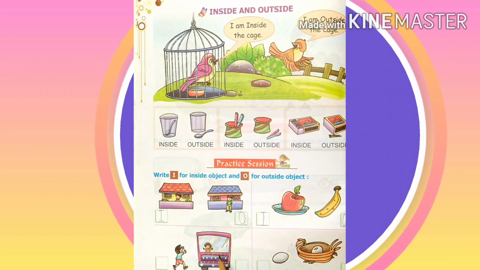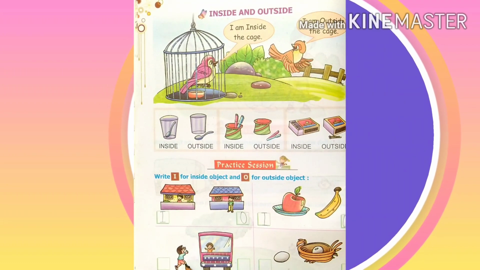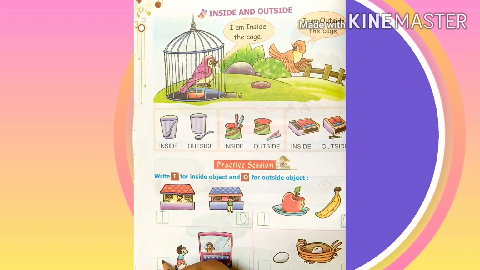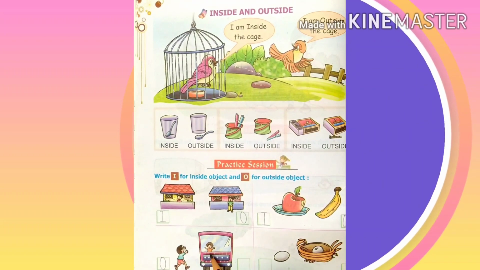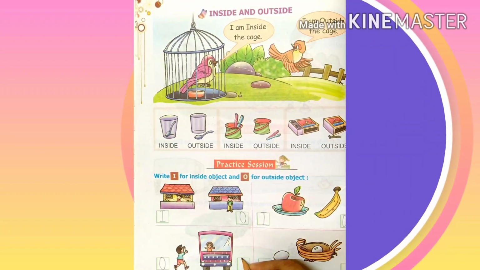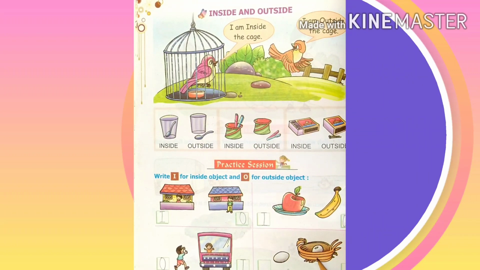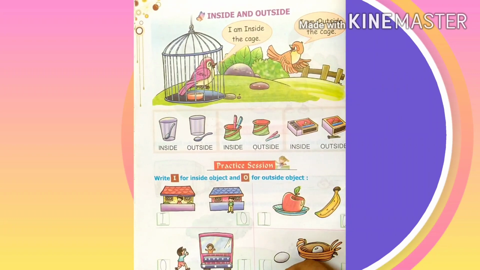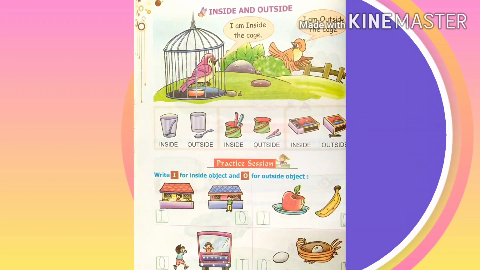Okay. One boy is inside the bus and one boy is outside the bus. So this boy is outside the bus. So we will write O, and this boy is inside the bus. So we will write here I. 2 eggs are there. One egg is inside the nest, but other egg is outside the nest. So we will write here O, and in this side write I.